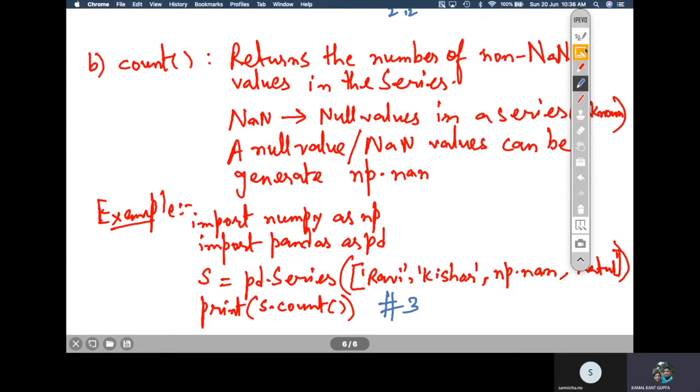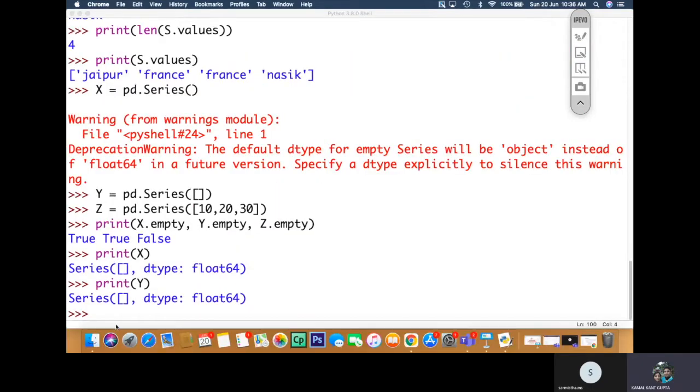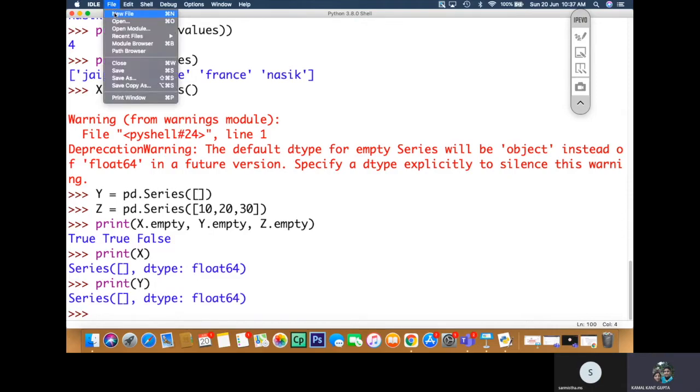So let us check it out by executing the code. Let me just clean off this IDLE.